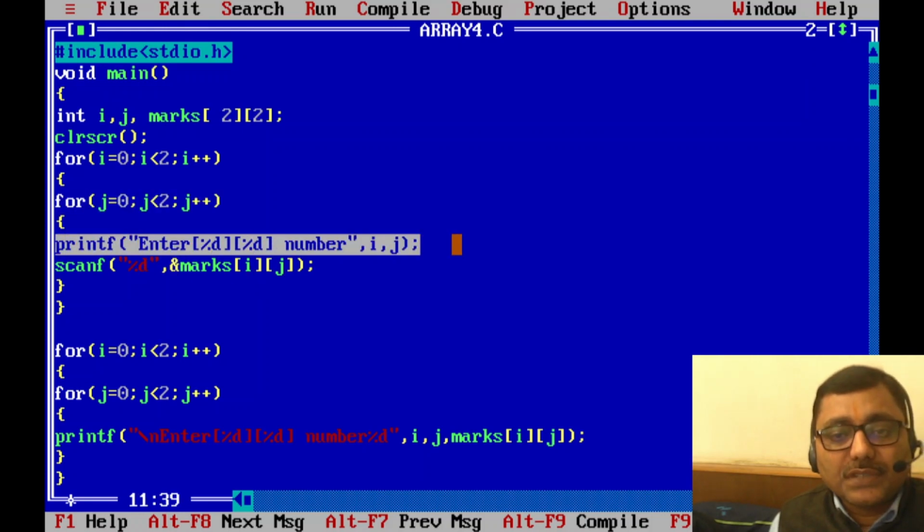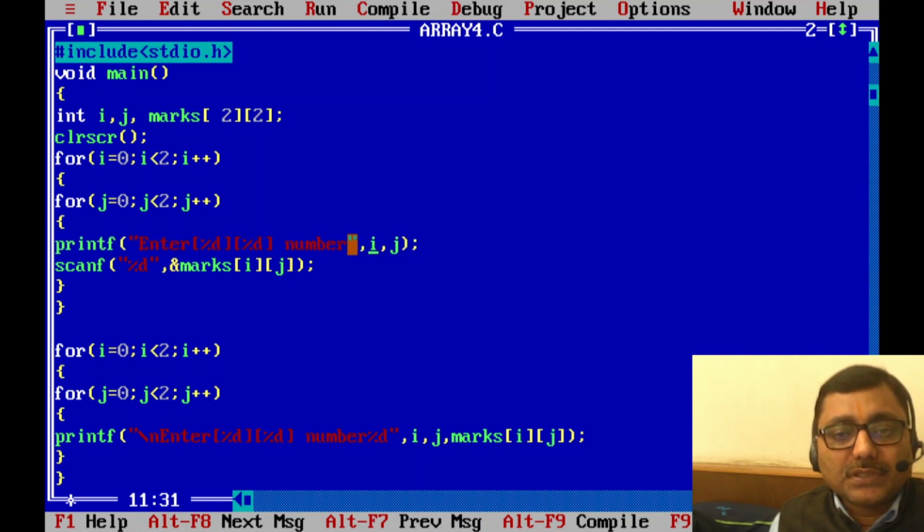So now this line of statement will print, enter this and this, means i and j. So initially i will be 0 and j will also be 0 the first time. So this element will go at the 0 location, means at 0 row and 0 column, and then with the help of the index we will be able to identify the place where the first element will be stored.